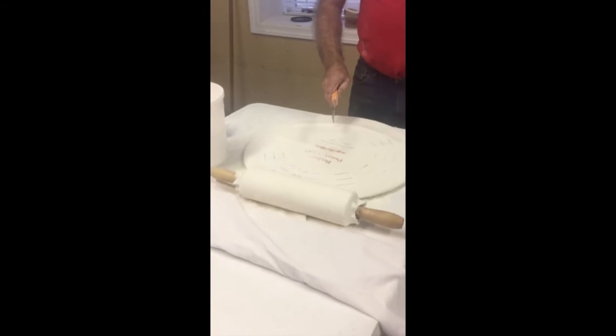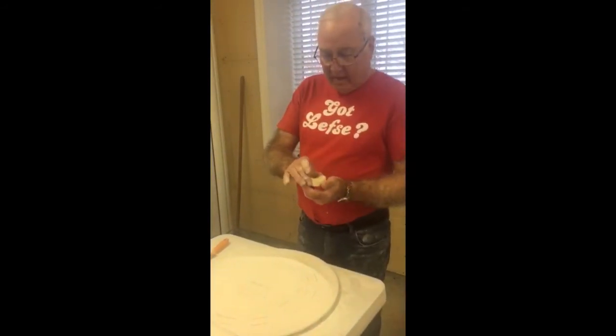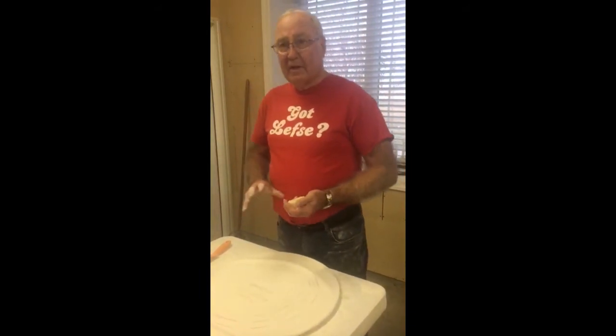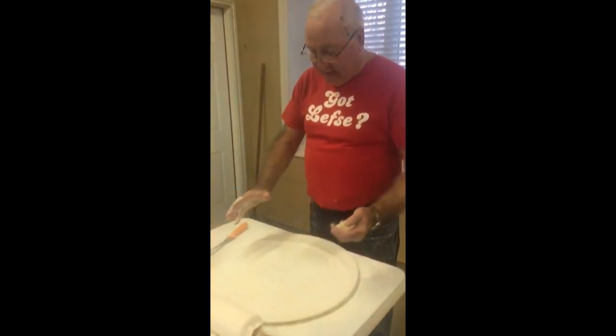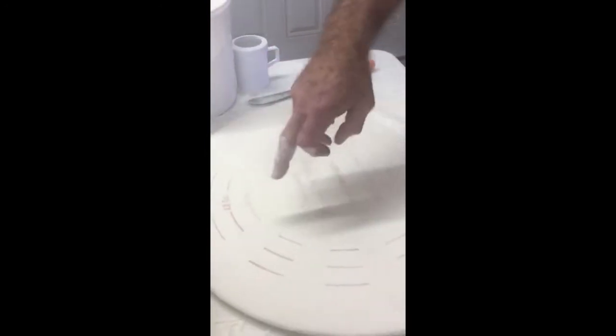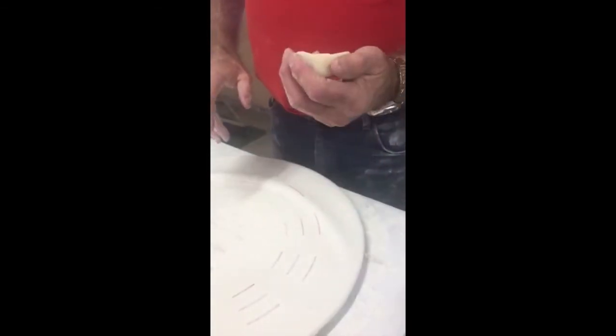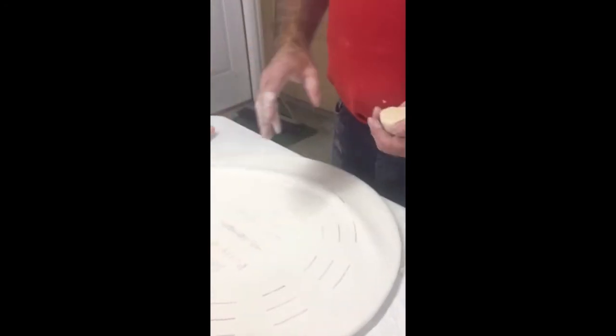Now I'm going to just scrape my board just a little bit. Okay. Now we're ready to start rolling the lefse to get it prepared. I use a Bethany pastry cloth, and it has circles of 10-inch, 12-inch, and 14-inch. And you can make your lefse to what size you want. I generally, by the size that I have cut these pieces, try to get about a 12-inch lefse when